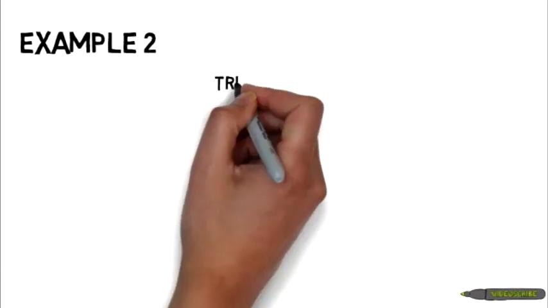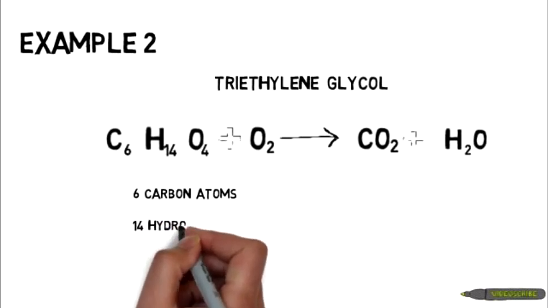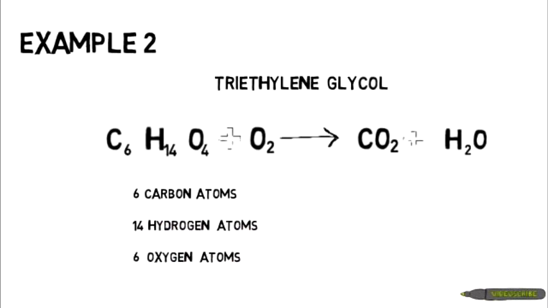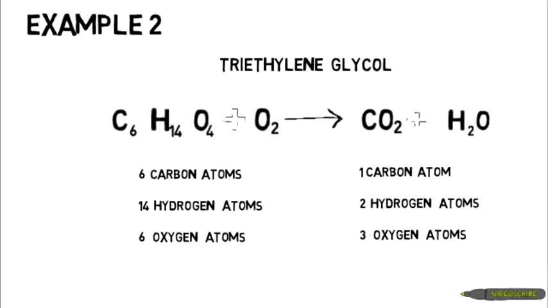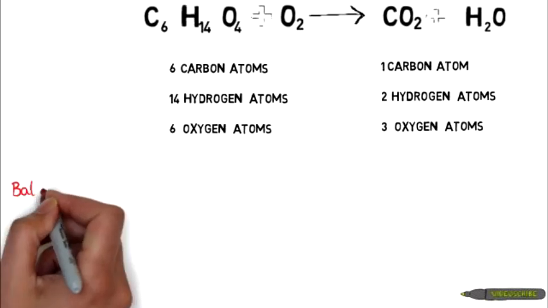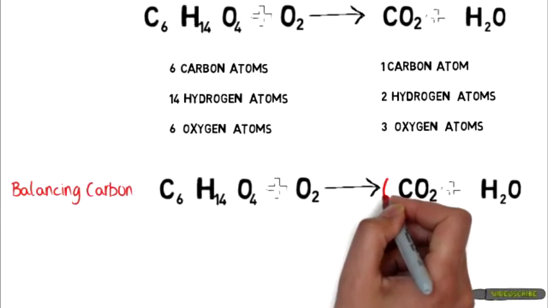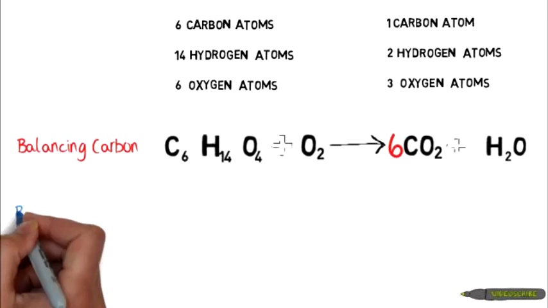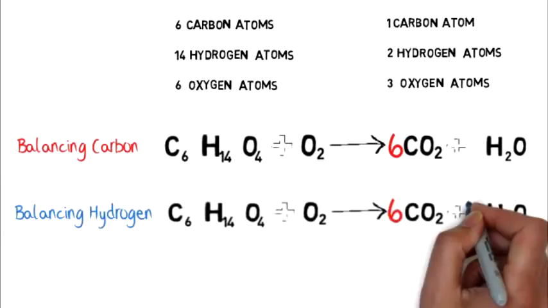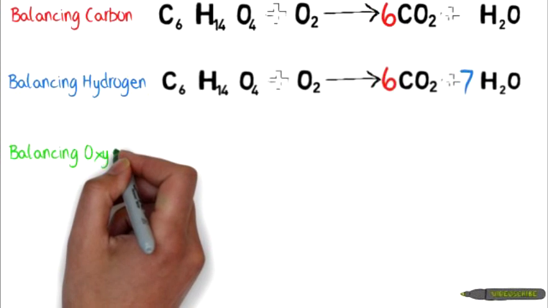For example 2, we have triethylene glycol, which is C6H14O4, and this is the equation for its combustion. We have these numbers of carbon, hydrogen and oxygen atoms on the left side, and these numbers of atoms on the right side. We notice that none of the carbons, oxygens or hydrogens are balanced. So let's start with balancing the carbon, which is 6 here and 6 there, by multiplying the CO2 by 6. Now for balancing hydrogen, we multiply H2O by 7 to make 14 on this side and 14 on the left side. For balancing the oxygen,